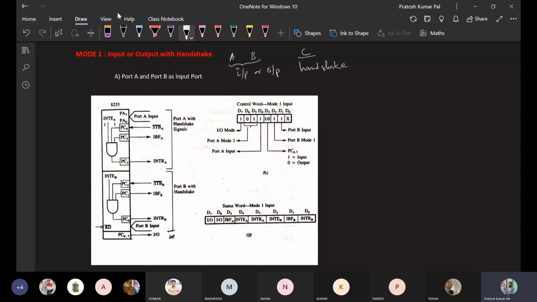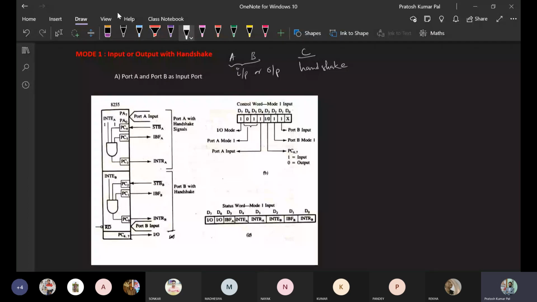We will see how this works, what the control register format is, what the status is, and how these are controlled. Here port A and port B work as input and output.